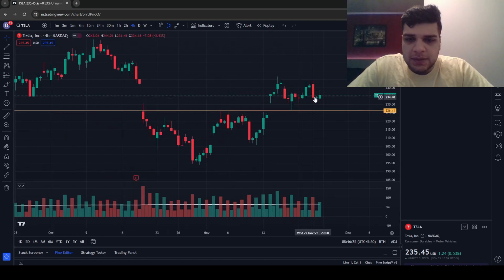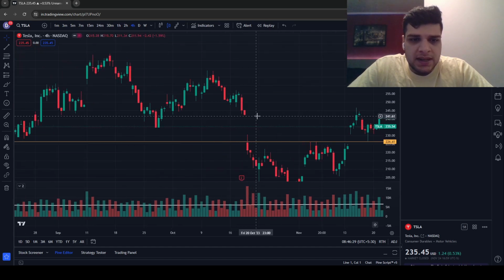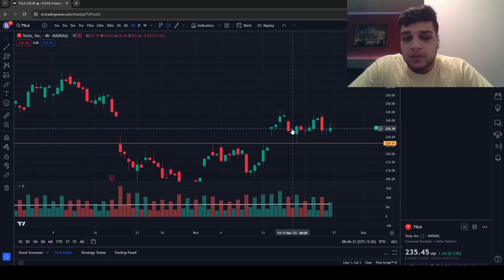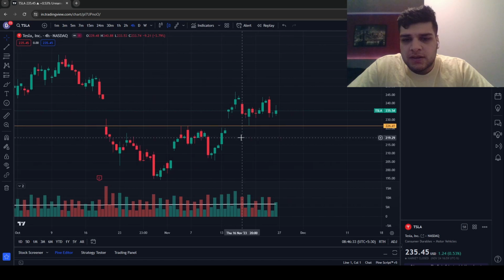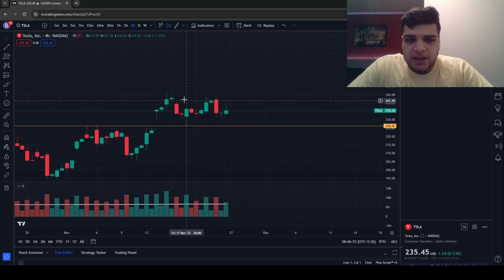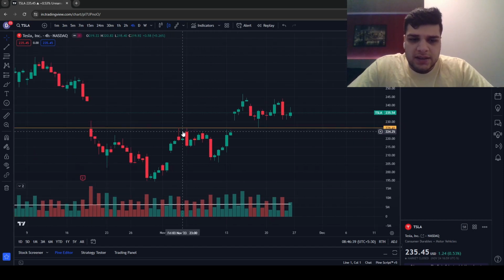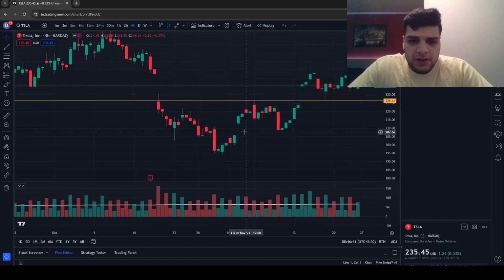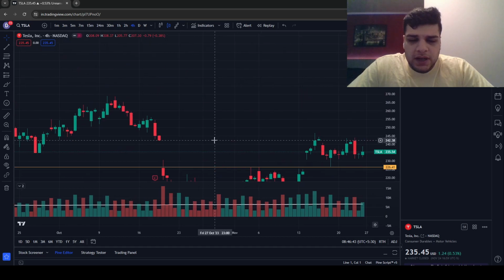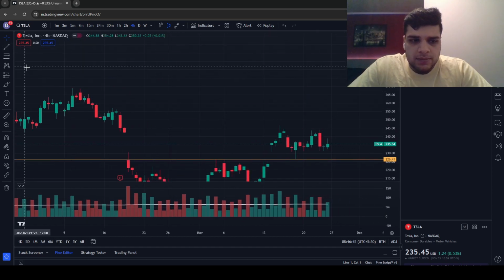So that's flat supports and resistances. We talked a bit about the hammers. Those are the simpler candlestick patterns. Of course, a hammer is a single candlestick, which is a pattern in itself, and supports and resistances are very important as well. Now, what you can also do is